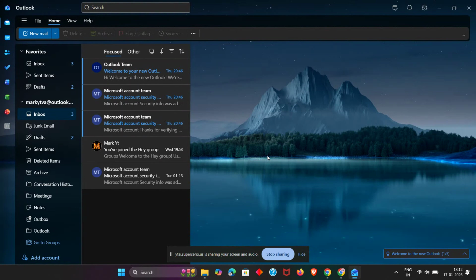This process is straightforward, and I'll walk you through every single step, including how to password protect your backup for